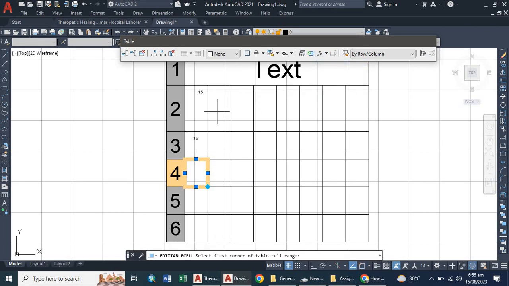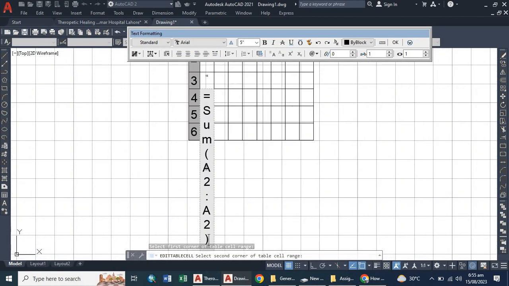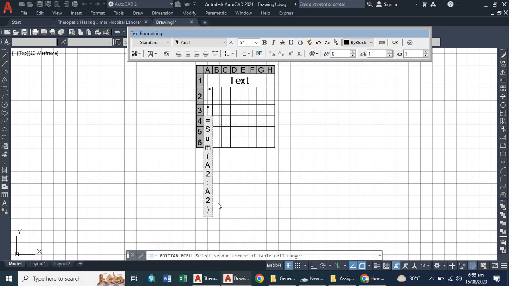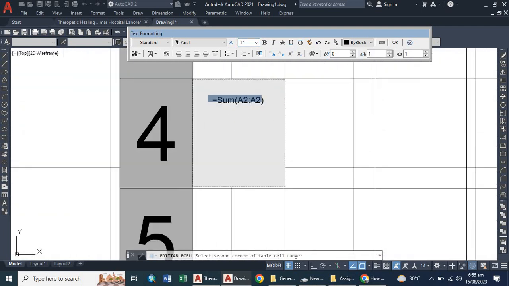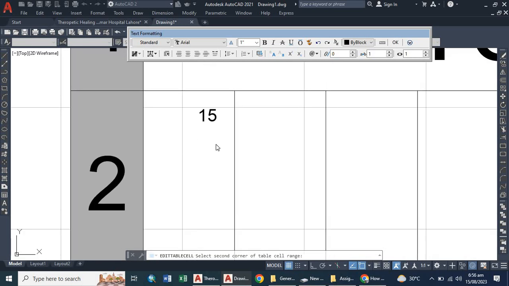And now it is asking to select the first corner of the table range. Now it is asking to select the sum. For example, I am just selecting this from sum of A2, and actually I am just decreasing the text height a little bit, for example 0.5 inches, as you can see here, and I'm just clicking on enter. As you can see here, it is asking sum A2 and A2. As I have clicked only here A2,